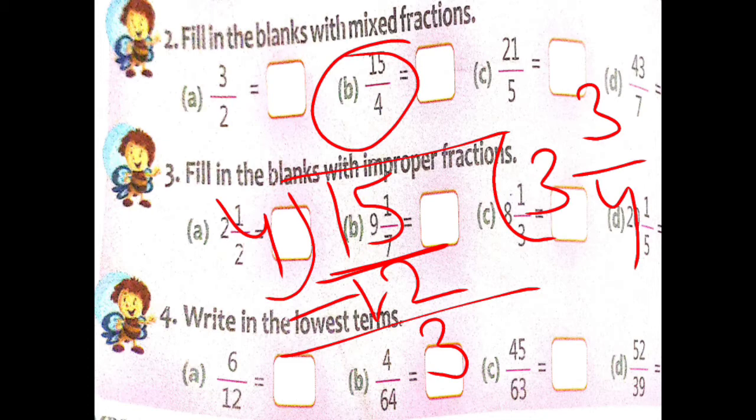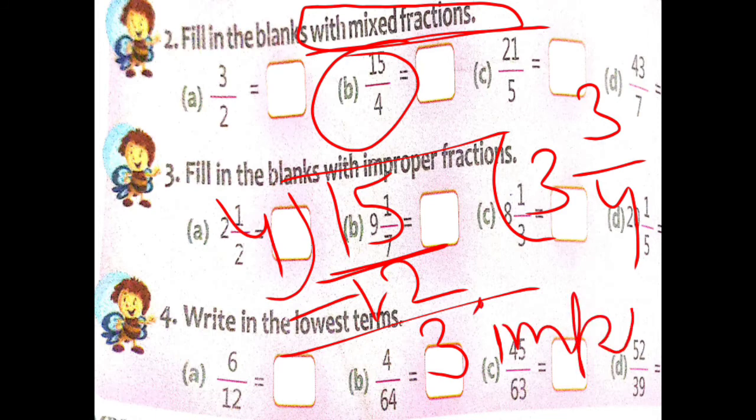So this is the way to convert the given fraction into a mixed fraction. Sorry, not proper. Every time you convert a given fraction into a mixed fraction, that means you are converting an improper fraction, because only in an improper fraction is the numerator greater than the denominator. Otherwise we need not convert the given fraction into a mixed fraction. We need to convert it only when it is given in improper form.